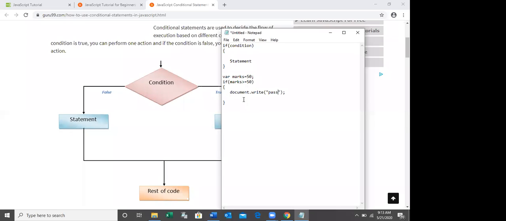What is the output here? It will print pass. What is the reason for that? Because the condition is true. That's why the true part will be executed.